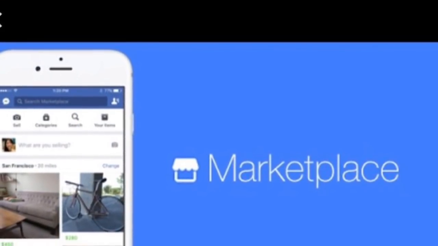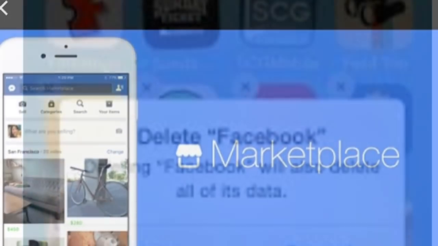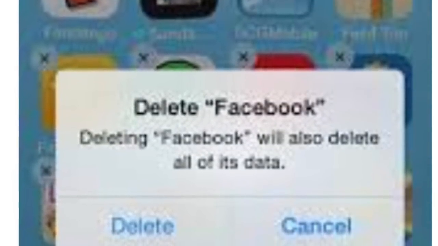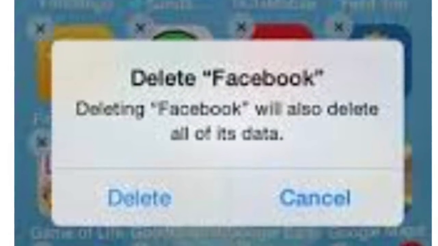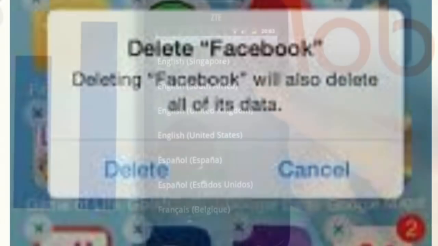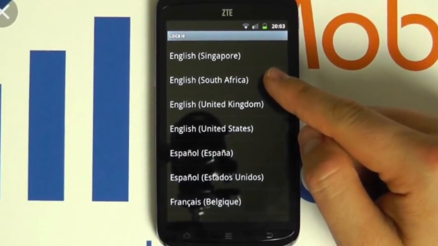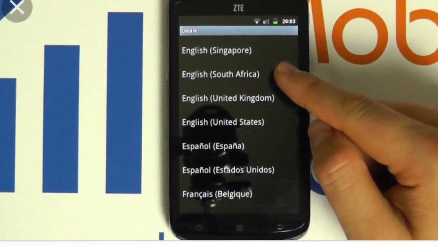You're going to delete it off your cell phone. Next, you must make sure that you have your phone in English. Delete all other languages on your phone. Facebook Marketplace only knows how to work in certain languages. Deleting your cookies and your cache will also help, but if you don't know how to do it, try it